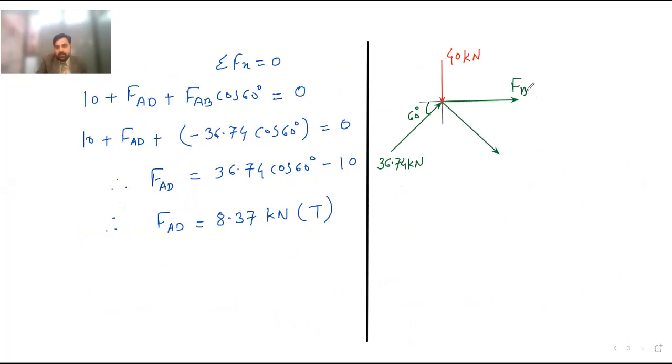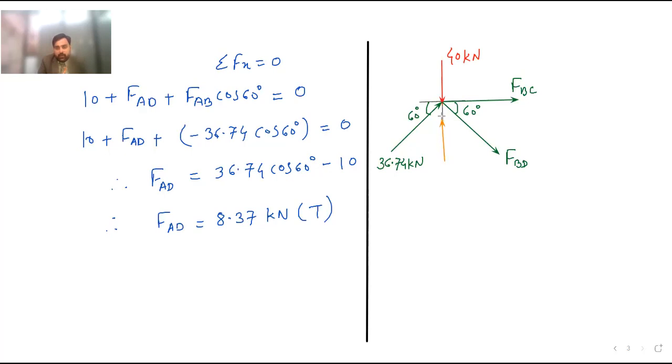Here it is FBC, FBD. This angle is also 60 degree. So now we have to resolve this joint. We want to resolve it. So if you resolve this